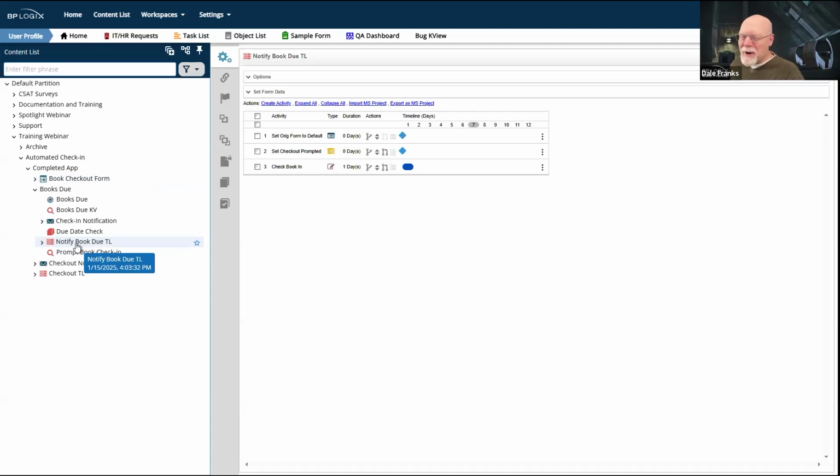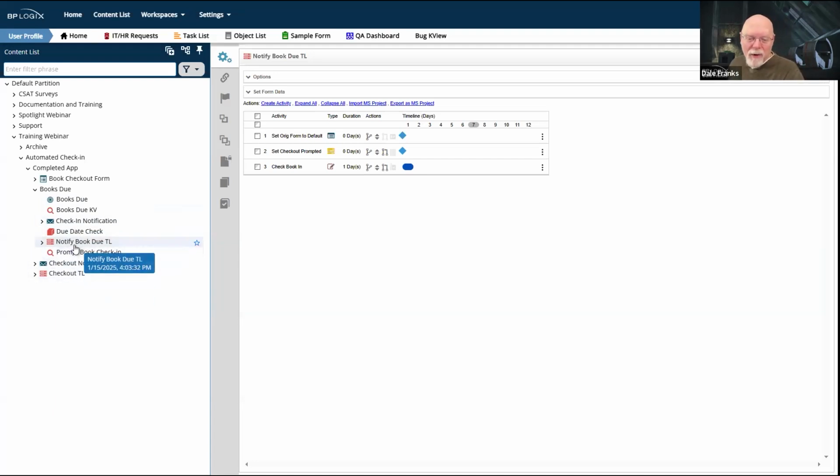This is going to require some more attention to detail whenever you are configuring a knowledge view. If you want to configure a knowledge view to see what books have been checked out, what books have been checked in, you are now going to have to specify which of the forms you want to see by specifying which of the process timelines you want to return the form instance for.